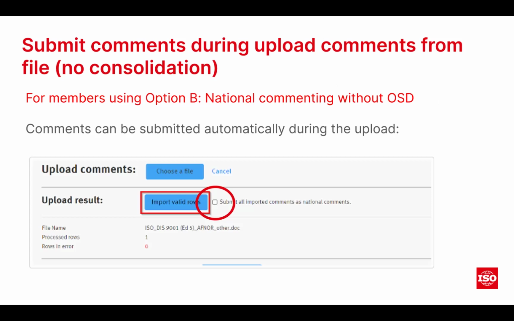Now you have two options when you're using this commenting template. One would be to add in all of your comments, raw data, and consolidate them within the OSD. The other one would be to consolidate them all in advance and then only submit the final document. So if you've got all of your comments already consolidated using whatever methods and tools that you do at the